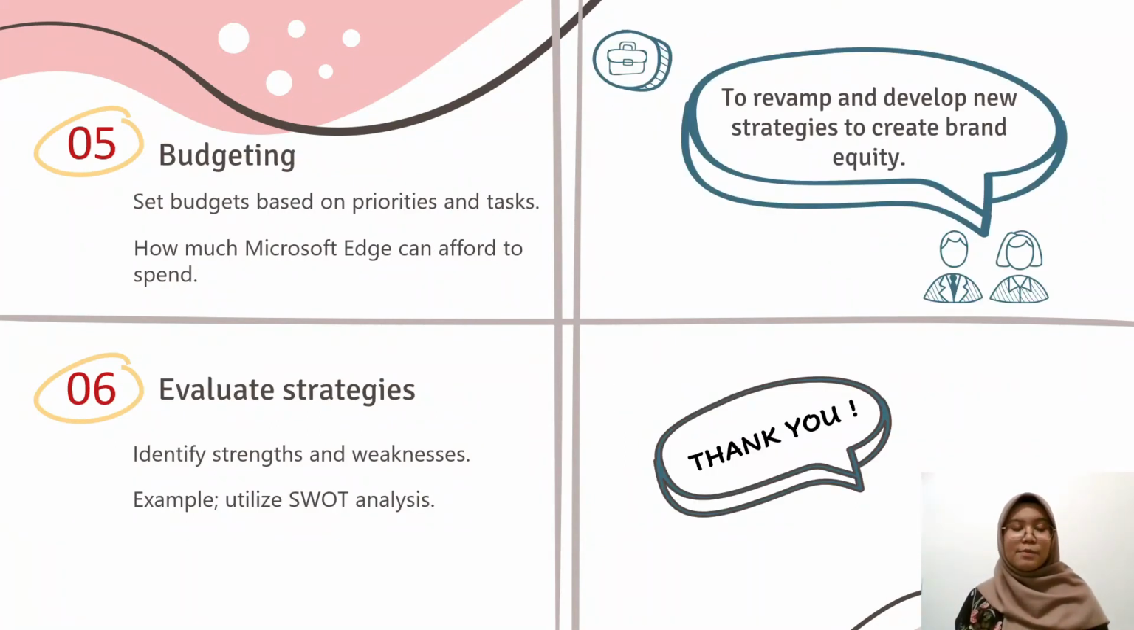Other than that, budgeting also is another key component in Integrated Marketing Communication Plan, or known as IMC plan. This requires Microsoft Edge to set the budgets based on the priorities and tasks that need to be conducted by Microsoft Edge in improving its brand elements and other capabilities. Also, Microsoft Edge needs to consider on how much they can afford to spend in order to improve all these